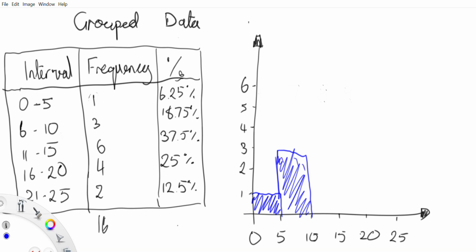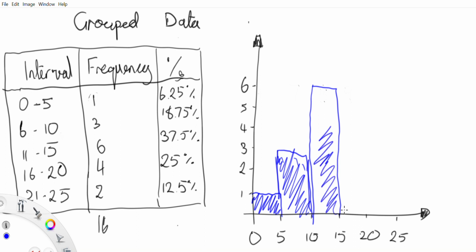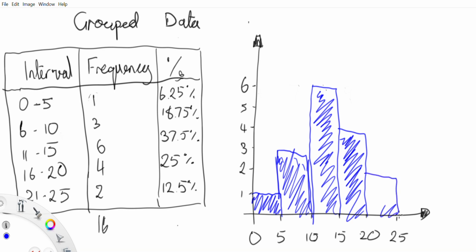Done. Between 11 and 15 occurs 6 times, so we would want to draw it, and these all touch each other. And you guys would use a ruler. And then between 16 and 20, we'd have 4. There we go, color that one in. And between 21 and 25, we'd have 2. What we have now is a beautiful